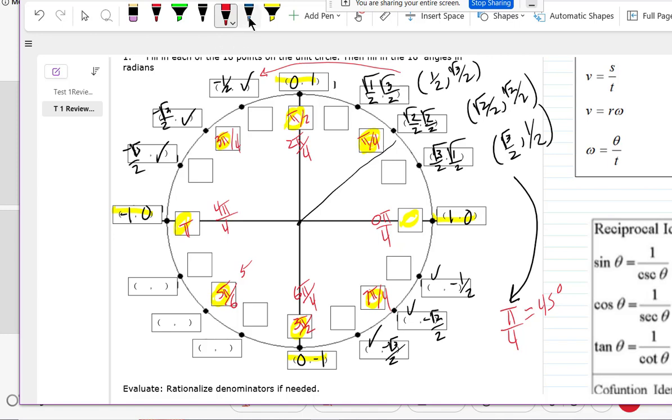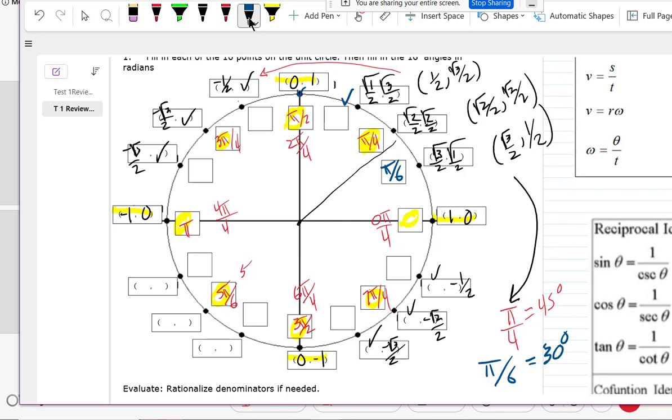And then the last thing you have to know is pi over 6 is equal to 30 degrees. So you can do this. That's pi over 6, and then you just do the same thing. You're counting out